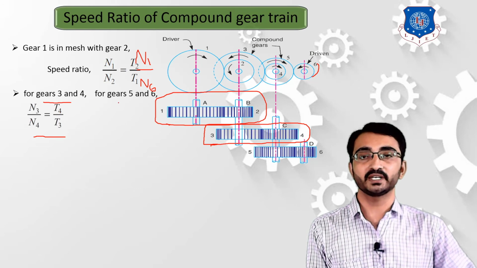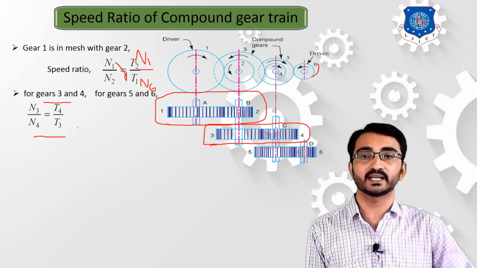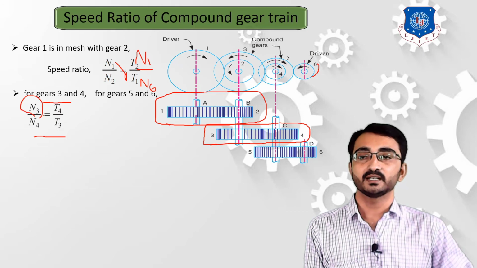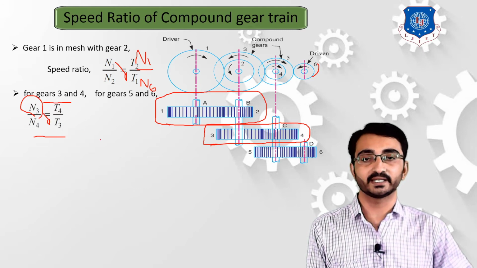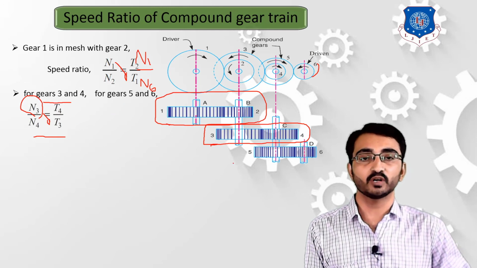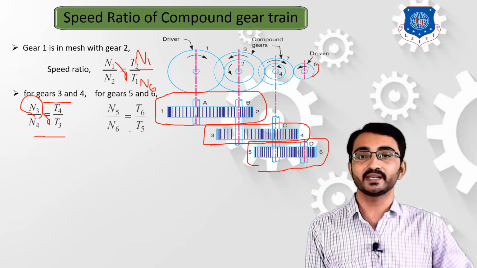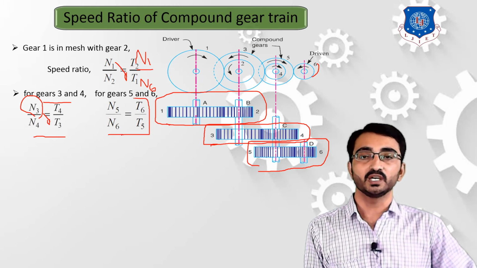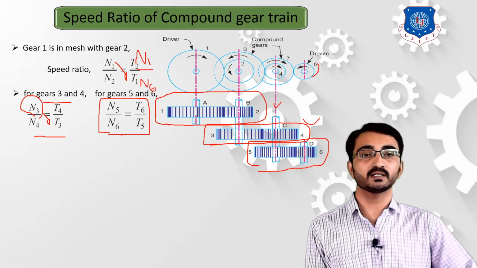Over here, you have to simply remember that the speed is always inversely proportional to the number of teeth of that gear. If you want to achieve the equation for N3 by N4, then you have to simply consider that N3 by N4 is equal to T4 by T3. Over here, your speed will be inversely proportional to the number of teeth on that gear. Now what will be the equation for assembly of gear 5 and gear 6, because they are also a simple gear train? So we can write down that N5 by N6 is equal to T6 by T5. In this way we can consider that this compound gear train is assembly of 3 simple gear trains.